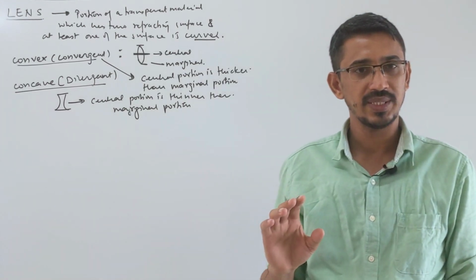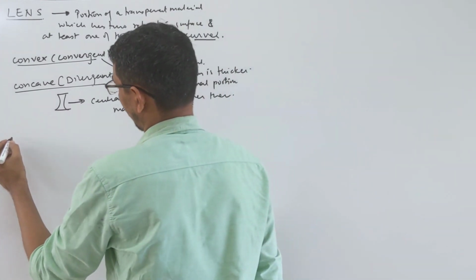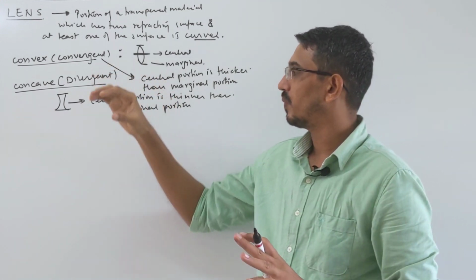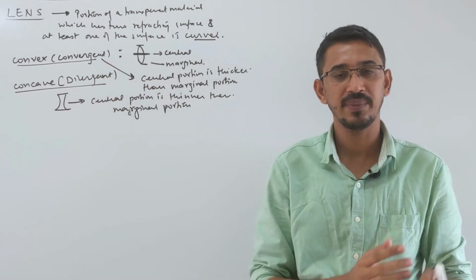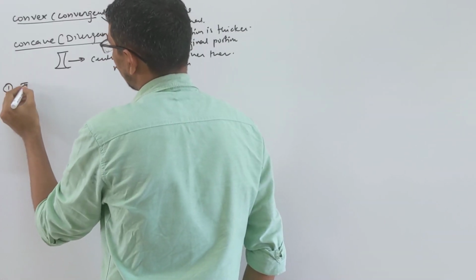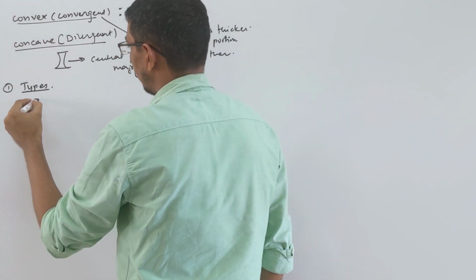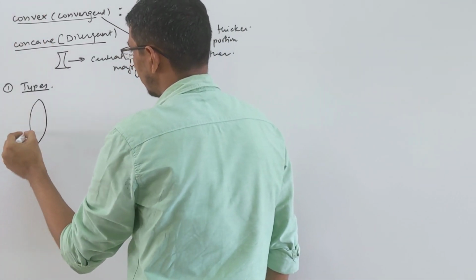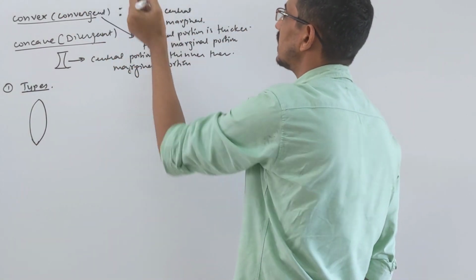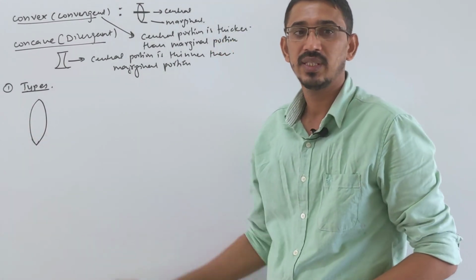Actually we have many types of lenses, not only like this. Let me talk about what types of lenses we have. The main categories are only convex and concave, but within convex also we can have some types of convex lens. So let's see what they are. Types of lenses: suppose let's talk about convex. If both curved sides are there, as I said a lens has two refracting surfaces, suppose both refracting surfaces are curved, both convex in shape, then this is called what?